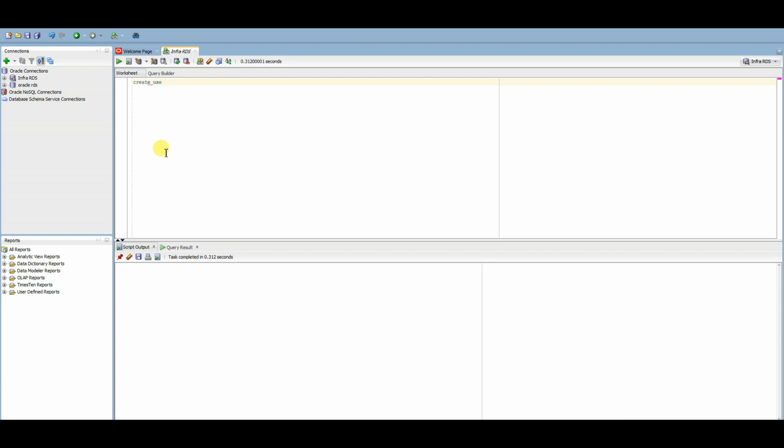Create user user1 identified by user123 and execute it. So my user got created.